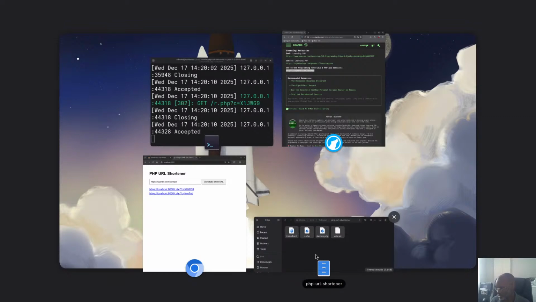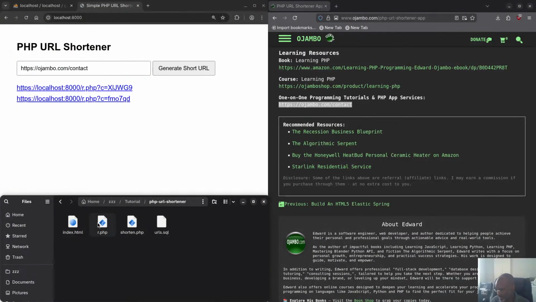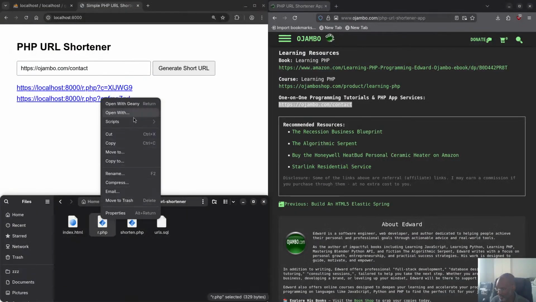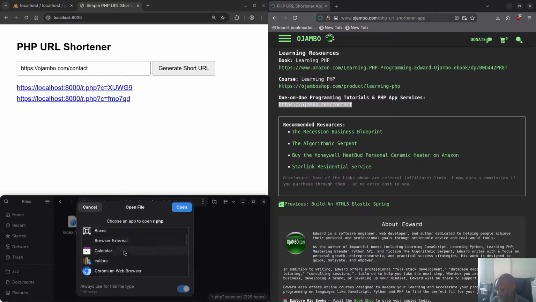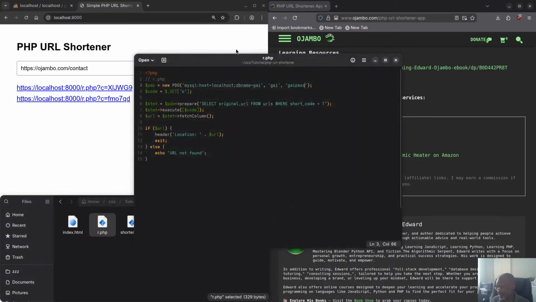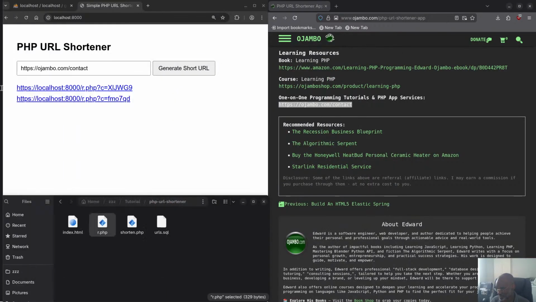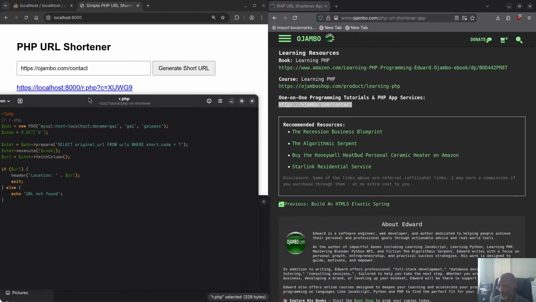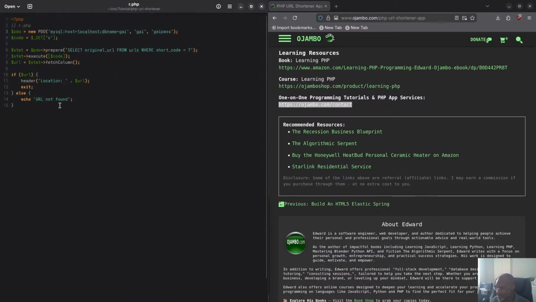In the code, I have to reopen the code here. I think that's the r.php. Now let's open up with this. I shouldn't have closed the text editor. Where's GNOME text editor? I just like the way the names they use. What's wrong with you, GNOME? Text editor. There we go. Hopefully, okay. Here we go. Wayland. Okay, so